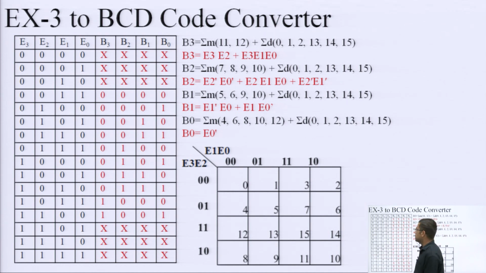Like BCD to XS3, we can convert XS3 into BCD. For that, we have to check that 0, 1 and 2 and 13, 14 and 15 are not valid XS3. Because in our previous topic we had seen that the range of BCD is 0 to 9. So, when 3 is added to that, the XS3 range becomes 3 to 12. So, numbers less than 3 and greater than 12, that means 0, 1, 2 and 13, 14, 15, are invalid XS3, and for those invalid XS3 I am getting invalid BCD.